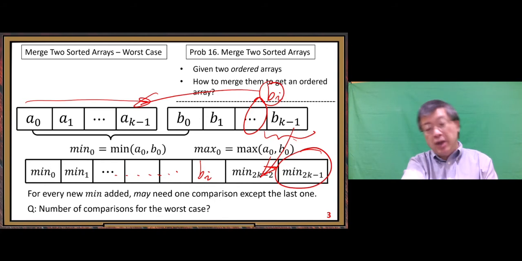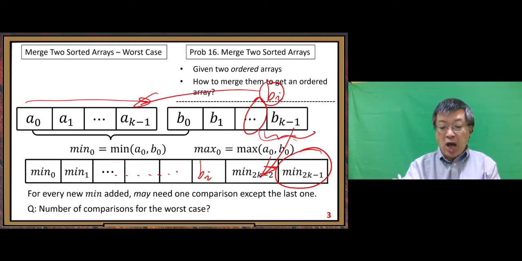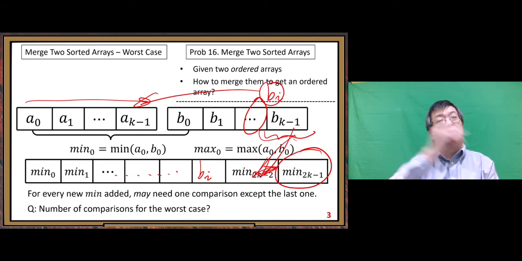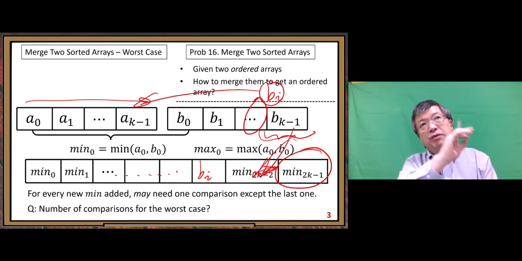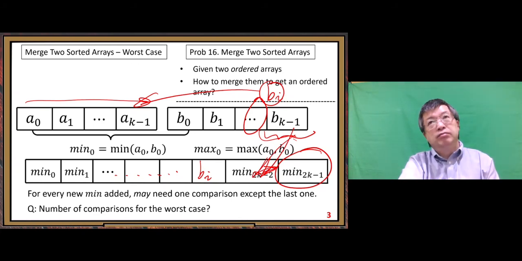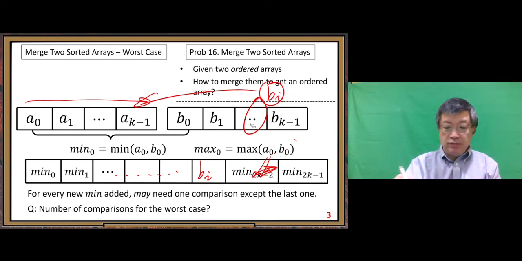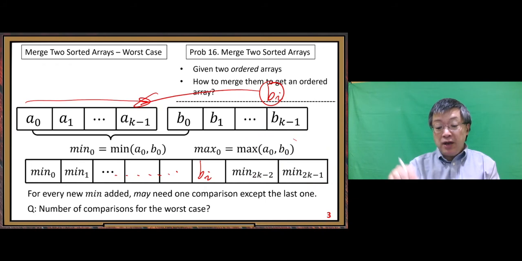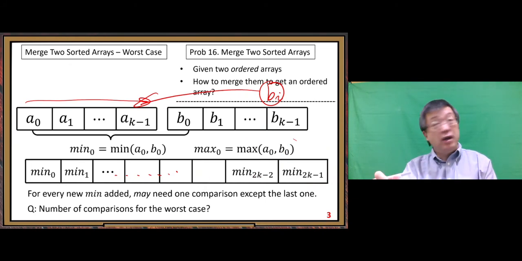No comparisons. We can put the remaining array. We just copy. Okay. Those cases are not the worst case. The worst case is, you're not as lucky as that. You're not as lucky as that. So you need to keep,